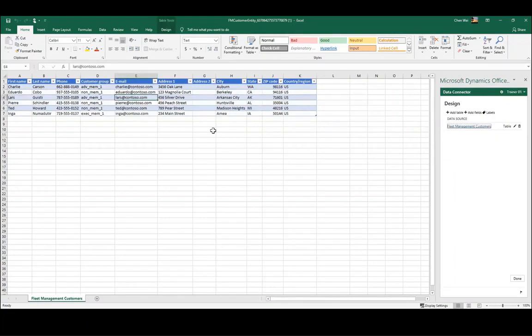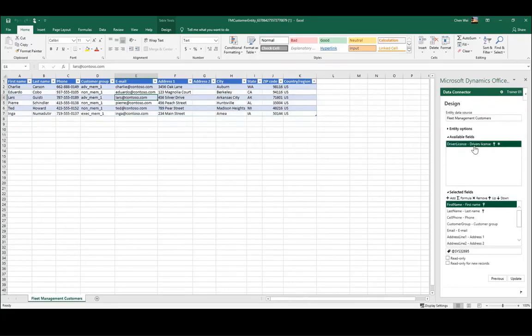Click Done. And refresh. This will always have this table without driver license. If you want to add a new column to this table, we also can click Filter, click Edit, highlight available fields which are not in this table, and you can click Add or just double click. Now it will show up in the available fields in the table,